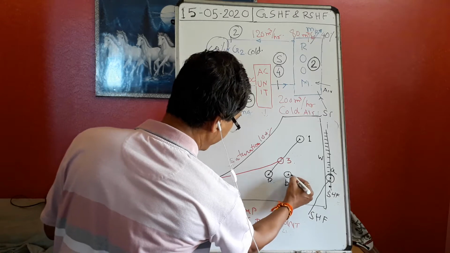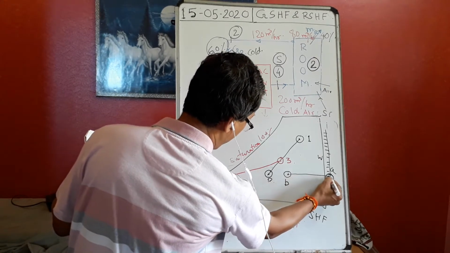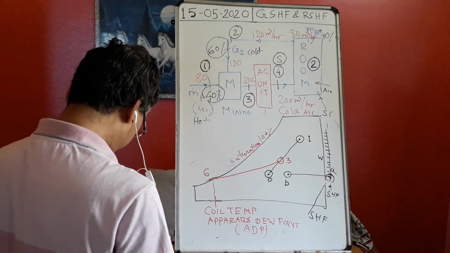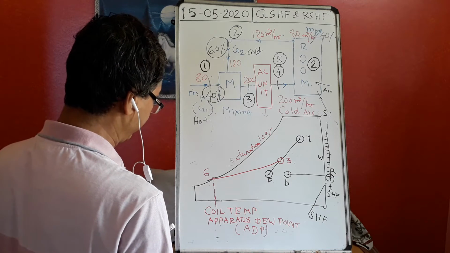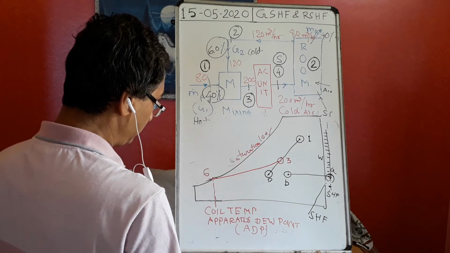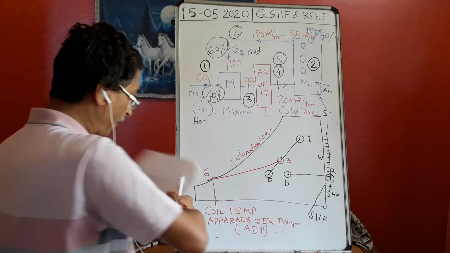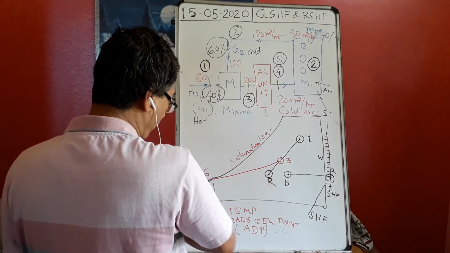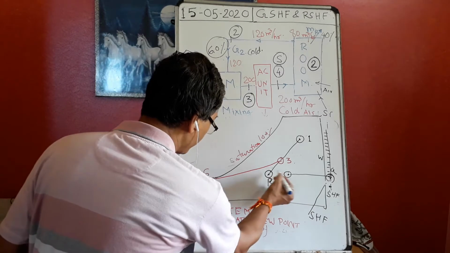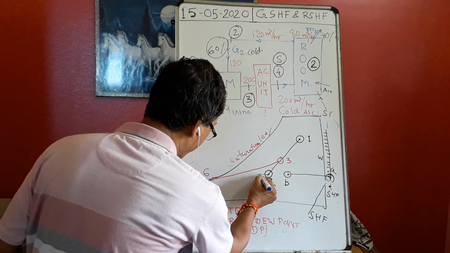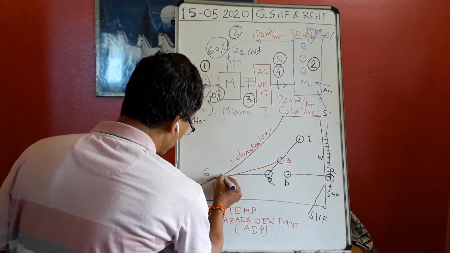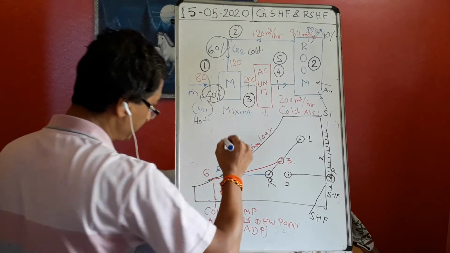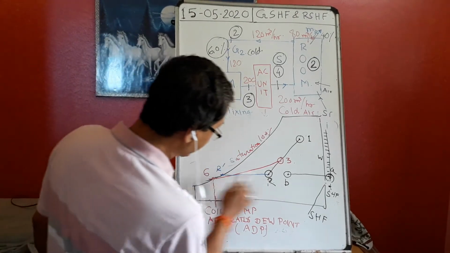Alignment circle. Then I join it. I have learned how to draw the room sensible heat factor line. What I will draw: from the room condition, that is my room condition, I will draw one line which is parallel to AB. I draw this, this is the R dash line. So R dash and AB are parallel.